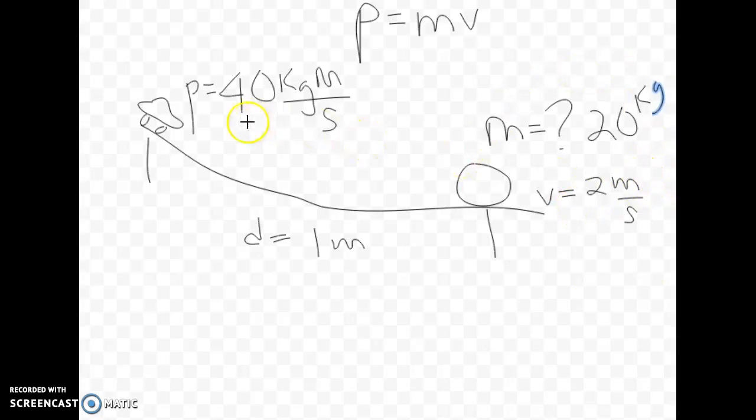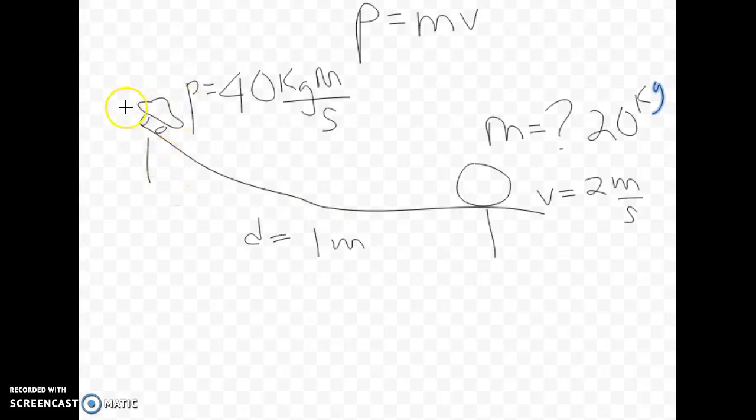Okay, so now we can actually use what we have over here, because now we have a complete momentum for the car and a complete momentum for the ball and a mass for the ball and a velocity for the ball. So if I want to find out how fast the car was going, I can actually do that. So let's just say